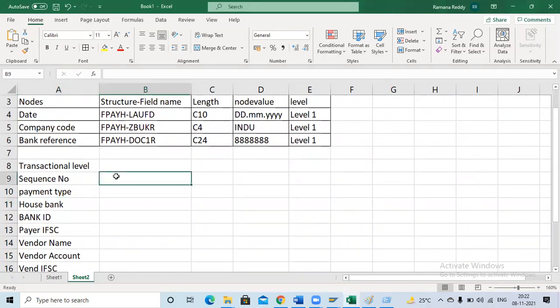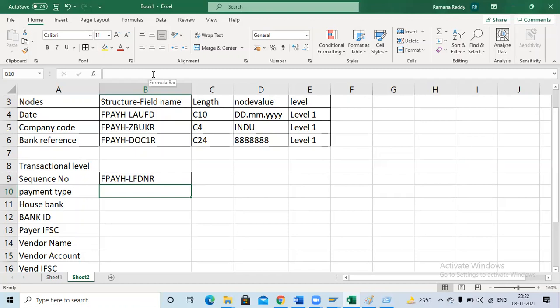So the sequence number, I will type this one. Vishnu, in the sequence number there are alphabets like F, P, A, Y. All those are standards, or we can give any kind of variants.